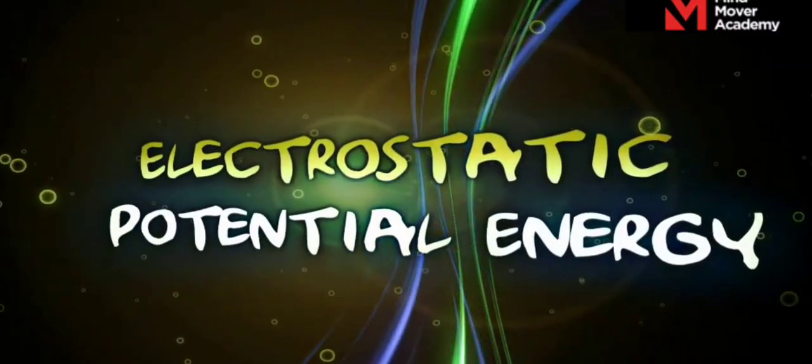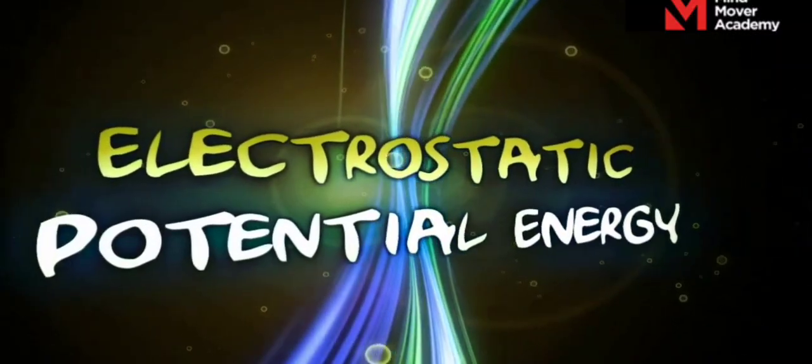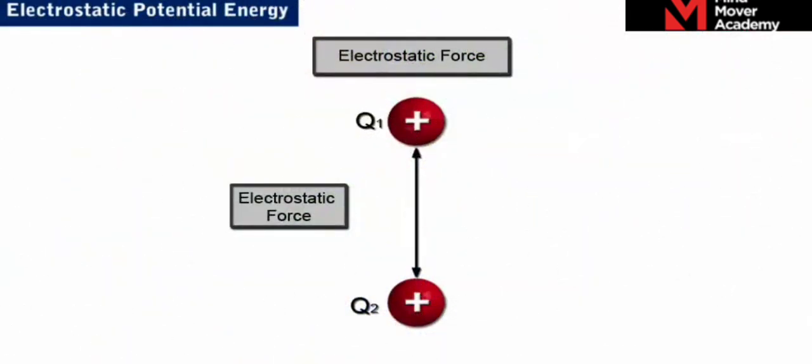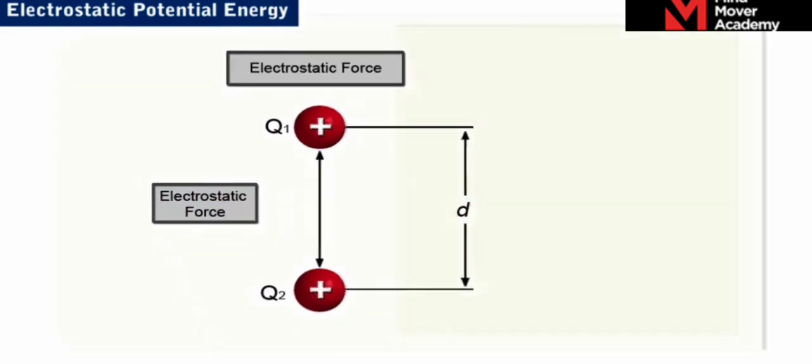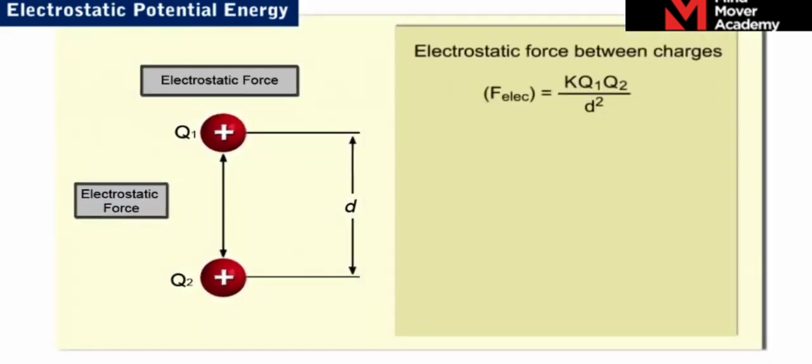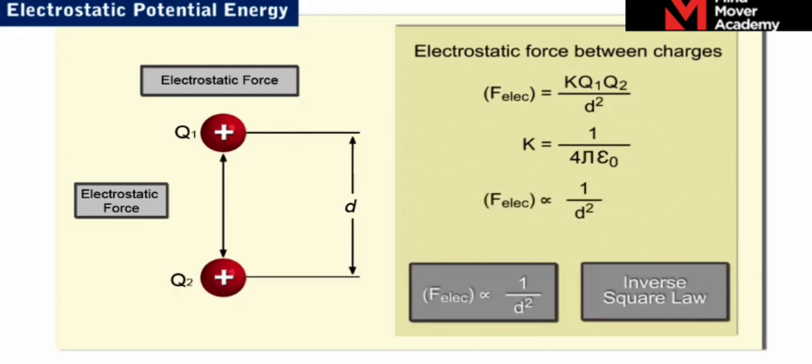In this module, we will be studying electrostatic potential energy. The Coulomb's, or electric, force F between charges Q1 and Q2, separated by a distance d, is expressed as K into Q1 Q2 by d square, where K is the constant, which is equal to 1 by 4 epsilon naught. We can say that the electrostatic force F is inversely proportional to the square of the distance d between